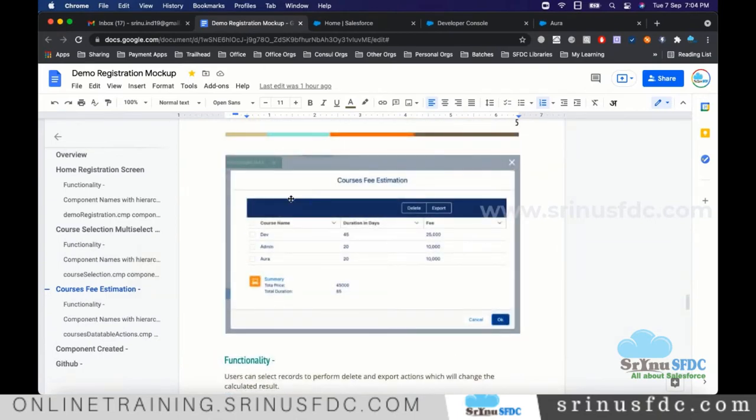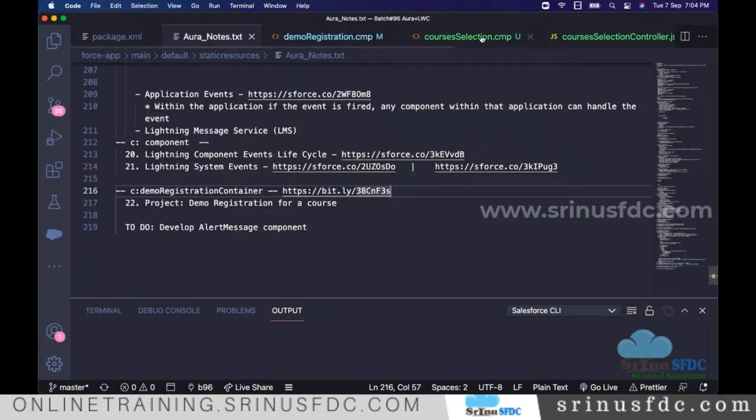Okay, so here again, this delete and export, all these actions, that is a different component, and the table is a different component. We are going to develop those two components and display. Okay, so first let's go to